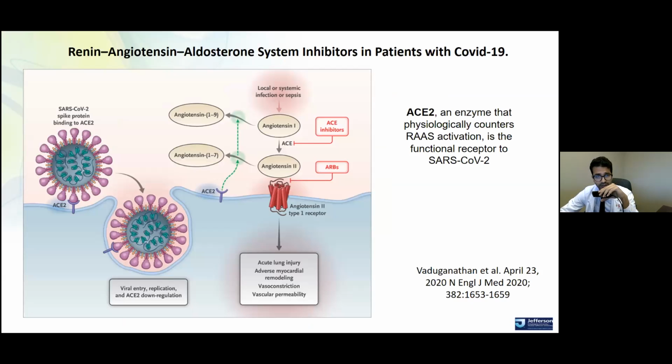As we all know, the SARS-CoV-2 virus, which is responsible for causing COVID-19 infection, gets access to your endothelium through the ACE2 enzyme. It's important to remember that the endothelium is present across the entire body, lungs, the heart, the GI tract, which is also why we know that this virus can get access to multiple different organ systems, causing acute lung injury, causing myocardial injury, causing gastroenteritis, among many other problems.